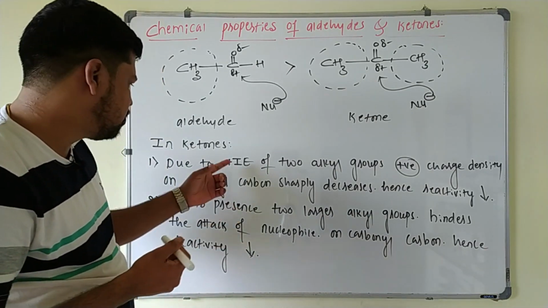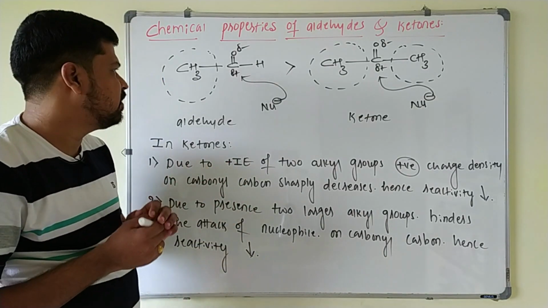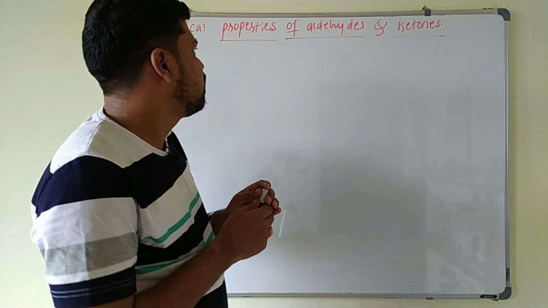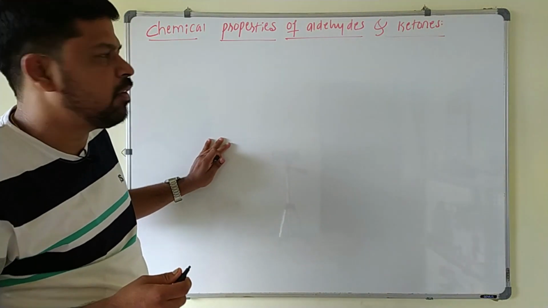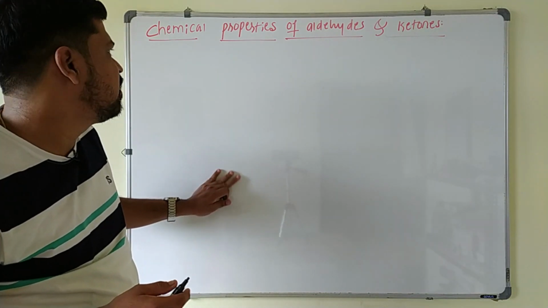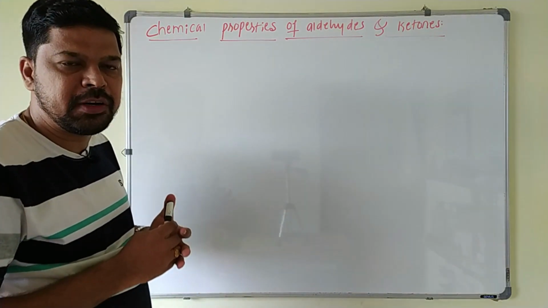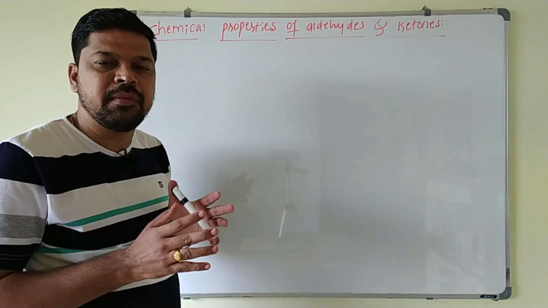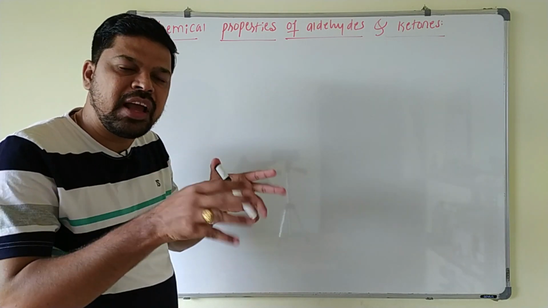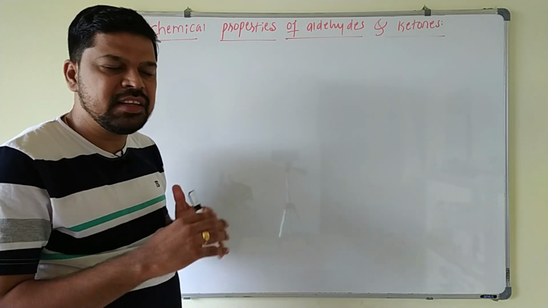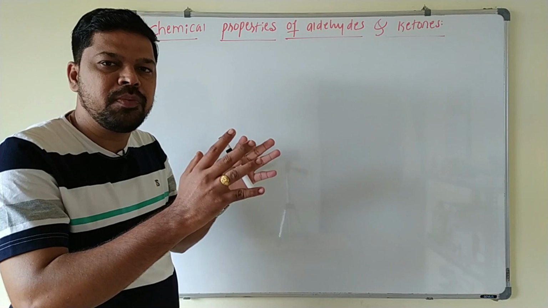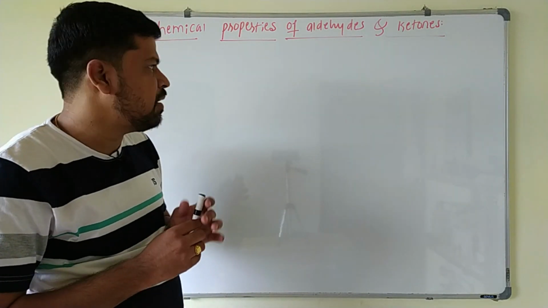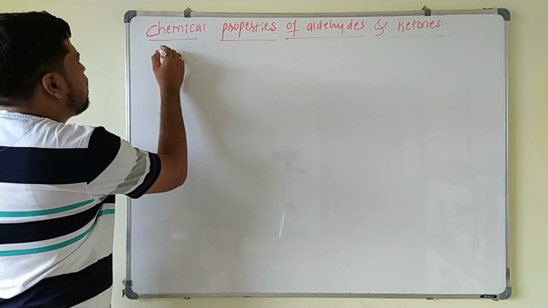Give reason means these two are very important reasons you have to write. Okay, next point. Now we will write the order of reactivity of different aldehydes and ketones with respect to inductive effect and with respect to steric effect. We know that the reactivity of these aldehydes and ketones is affected by what? The positive inductive effect of the alkyl groups, one thing, and second thing is the presence of bulkier alkyl groups, which make the attack of the nucleophile difficult towards the carbonyl carbon here. So reactivity